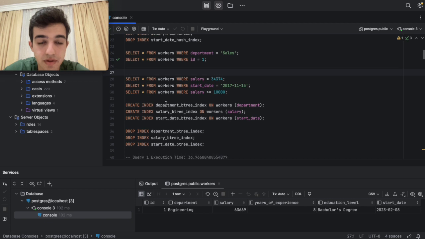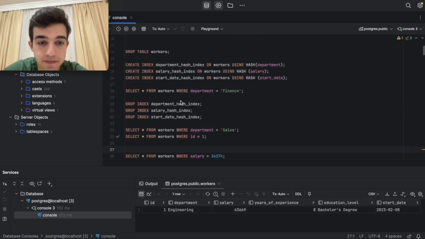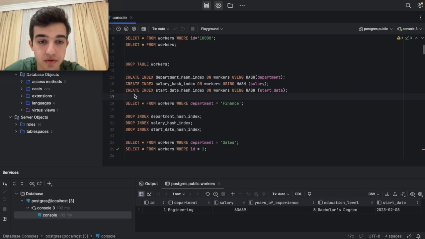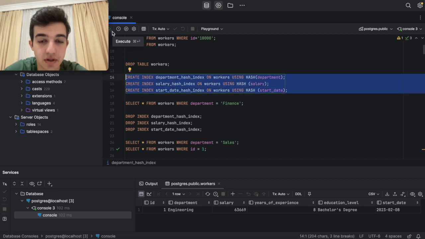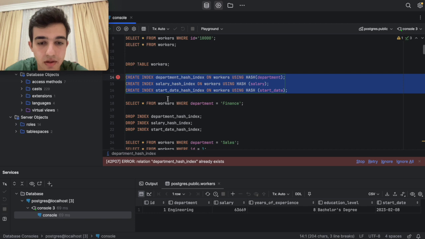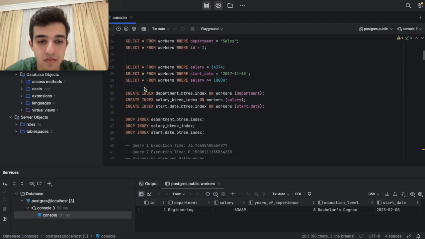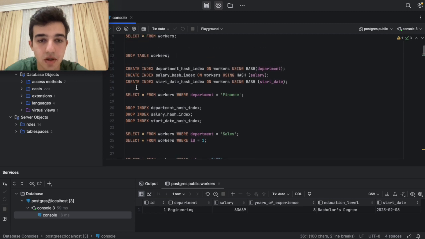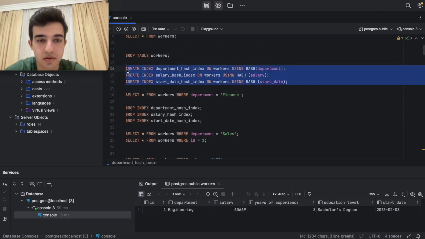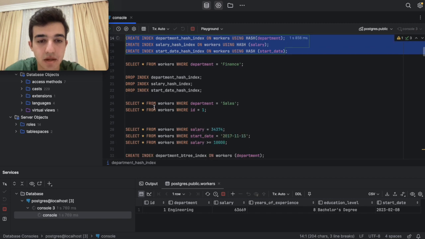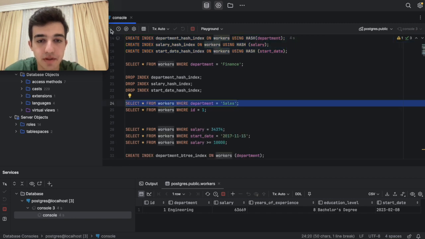So let me just create my hash indexes for 3 different fields: department, salary, and start date. Okay, it already exists, so let me just drop them. First, I checked a little bit before starting, so now let me just create it again. And now when we look for department again,